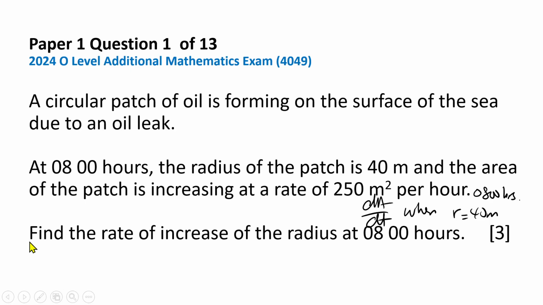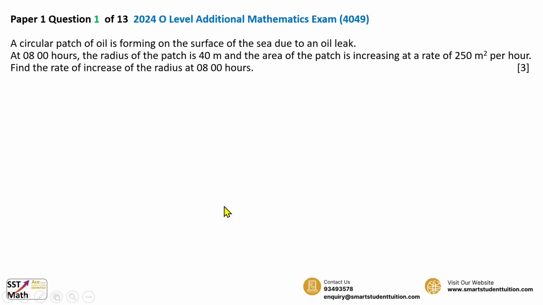Now, the question wants us to find the rate of increase of the radius at 0800 hours, which is dr over dt at 0800 hours or when r equals 40 meters, interchangeable, right? Okay, now let's look at how we work out the solution together. Now we need to find dr over dt, so let's form a relationship. This is equal to